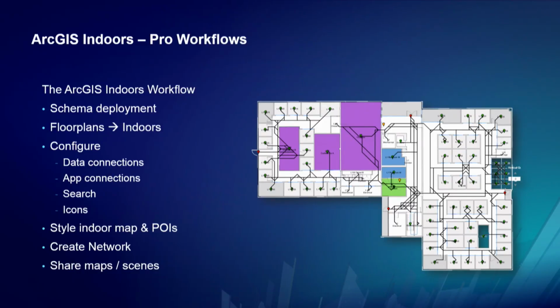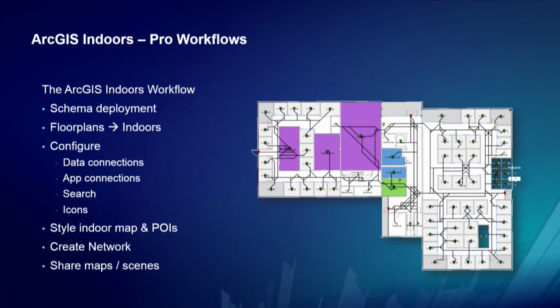Search. So when we're connecting to other data sources, we need to know what is the attribute that we want to search against. An employee table may have a known as name, so we want to search for Skippy, and we want to type that in, and we want to configure that in the map so that we can search according to the attributes that are important for that data layer.